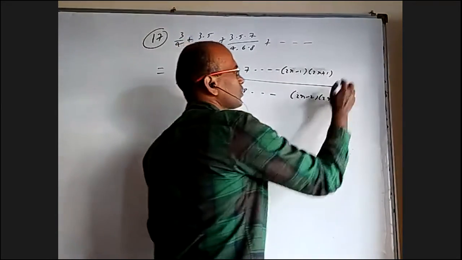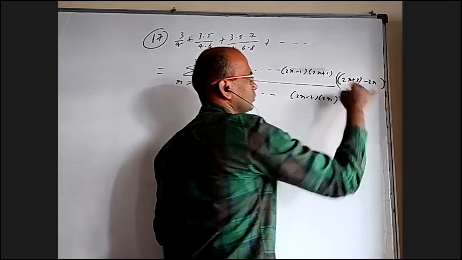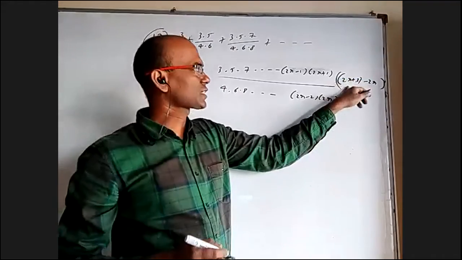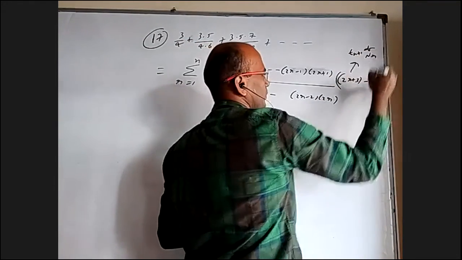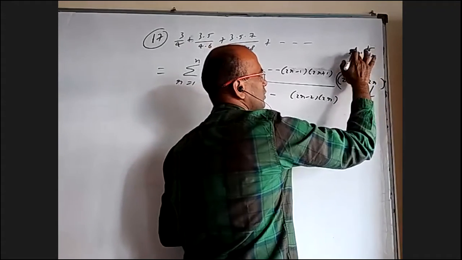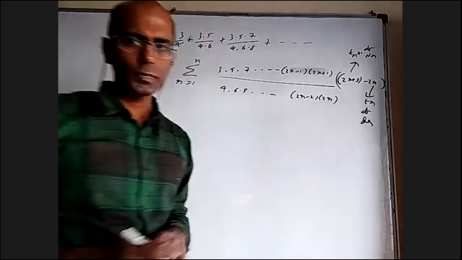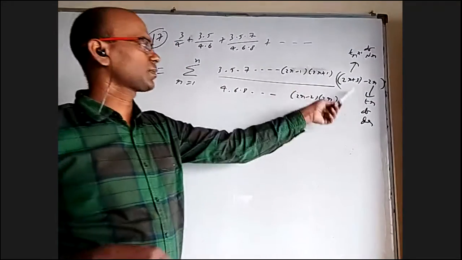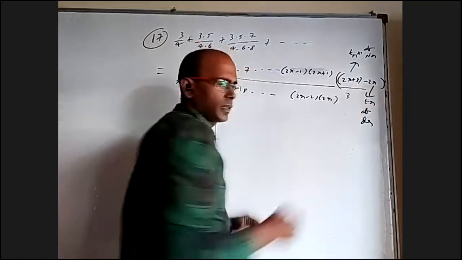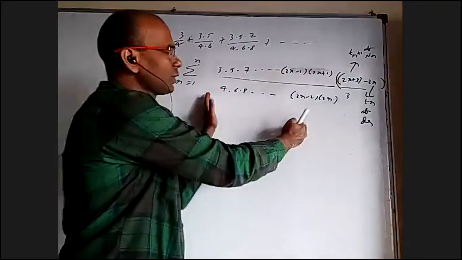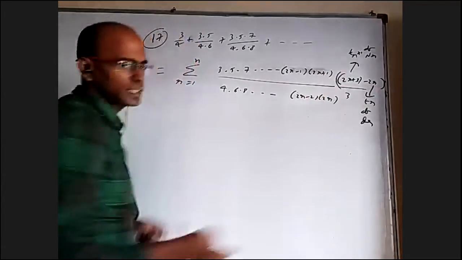Okay. So I'm going to write here 2r plus 3 minus 2r. This is the next term of the numerator, that is t r plus 1 of the numerator, and this is t r of the denominator. You take the difference of the next term here and the last term here. That difference is 3, so obviously I have to divide by 3. So this was the question, multiply and divide with this. Now you take this into this and this into this. Let us see what happens.